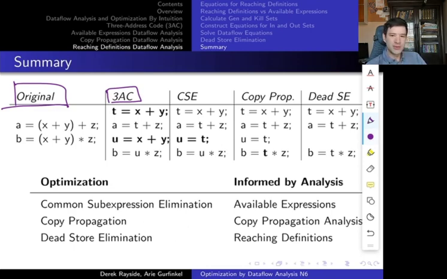And then we start our optimization pipeline. We compute available expressions. So to go from here to here, we compute available expressions. And from the available expressions, we can find out when we have an available expression that's incoming and is also used. And then we can apply common sub-expression elimination. Now, one fun thing about common sub-expression elimination is that the way optimization is done is kind of simple. We're just simply saying, oh, look, we have T that actually has a common sub-expression. But if you look at the analysis that we do, we don't remember that X plus Y is actually stored